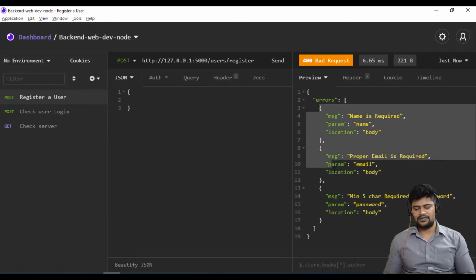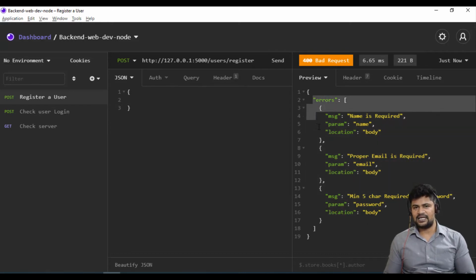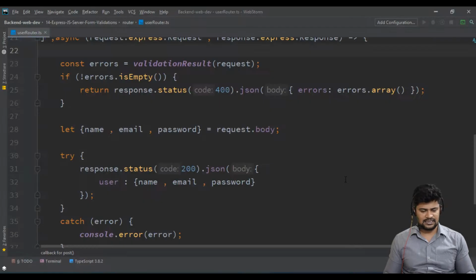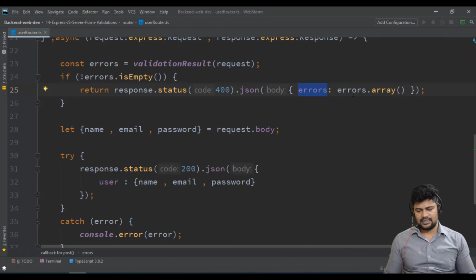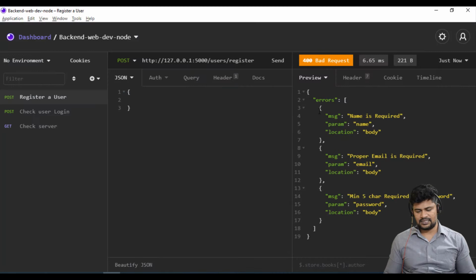This is what your errors are. And how you are getting these errors in this format is that we wrote it this way. If there are some errors, 400 is your response, errors is the property, and errors.array is the array that contains all the information internally.